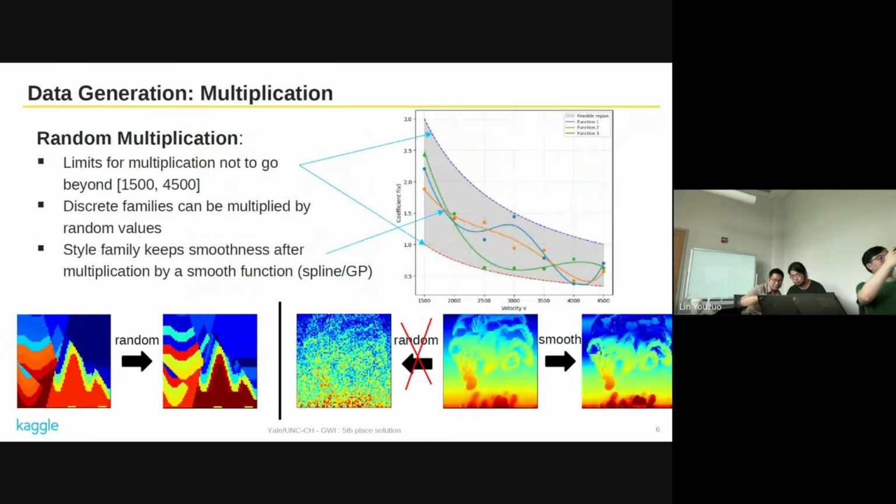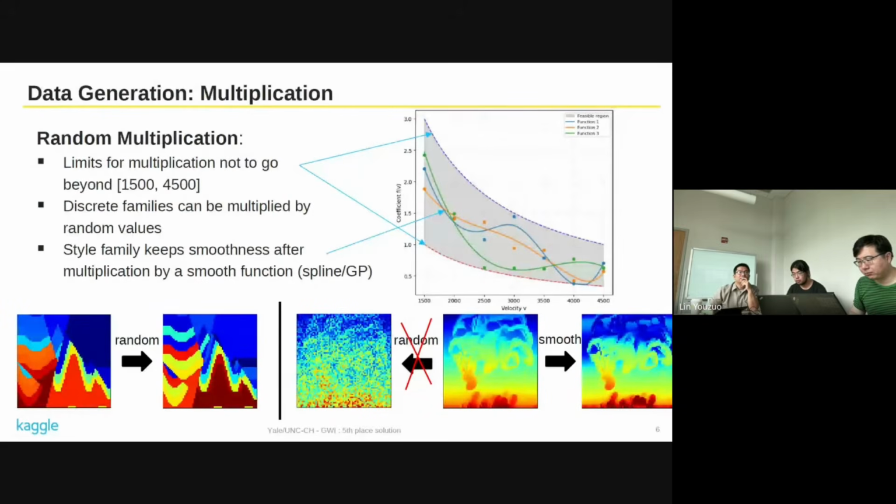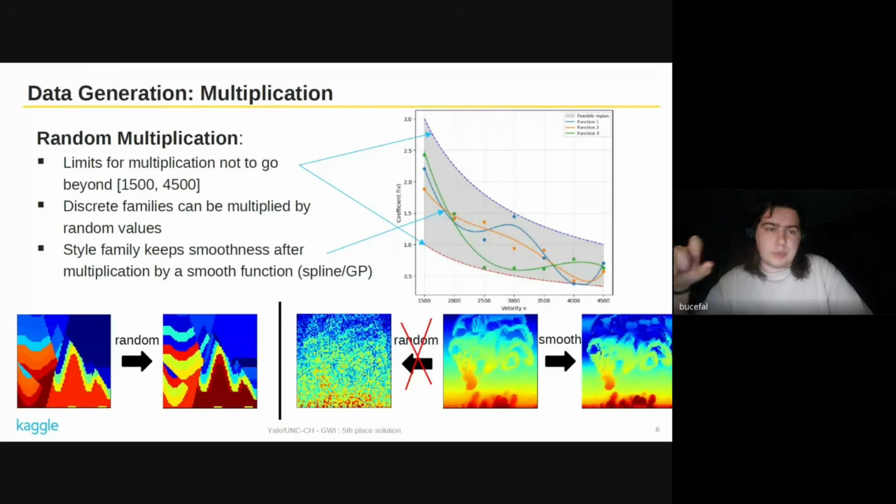Also, some more augmentation ideas. These are multiplications. You see the values that we had lie in the range between 1,500 and 4,500, so we cropped them between these two values.